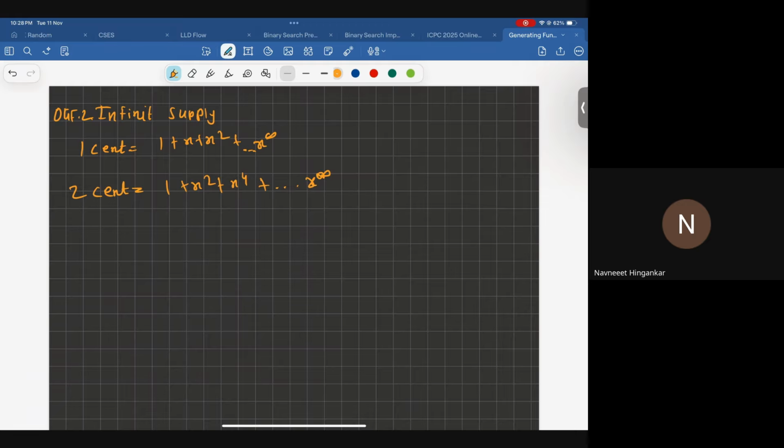And the moment we multiply this, it becomes something. This will become 1 upon 1 minus x. This becomes 1 upon 1 minus x square. Again, you can do the same stuff, but just remember that the power is getting common between this and x square, right? And if you multiply it together, 1 upon 1 minus x times 1 upon 1 minus x square,